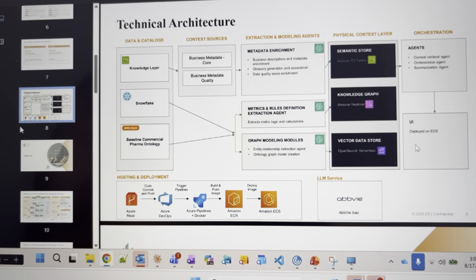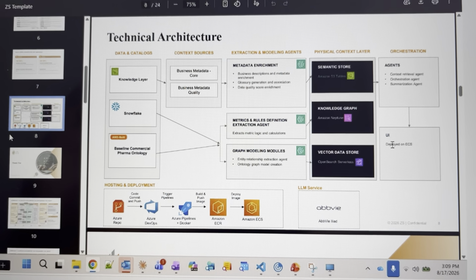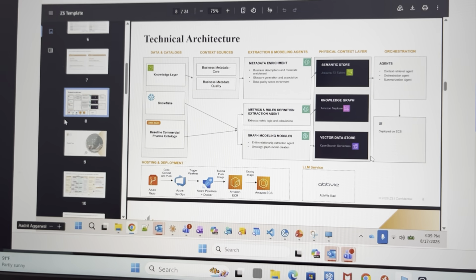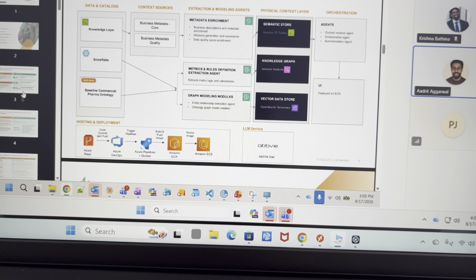And then finally, we'll have our UI for the POC. Just the way I mentioned, POCs in 3 weeks, we'll have the UI in Streamlit. And yeah, this is the high level architecture. Okay, got it. Yeah. Going back to